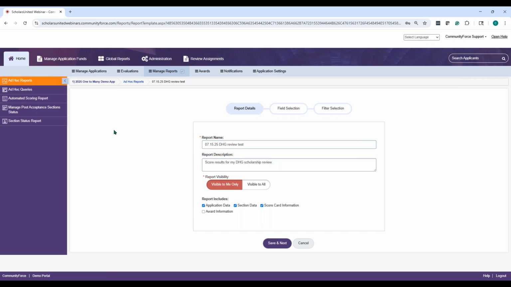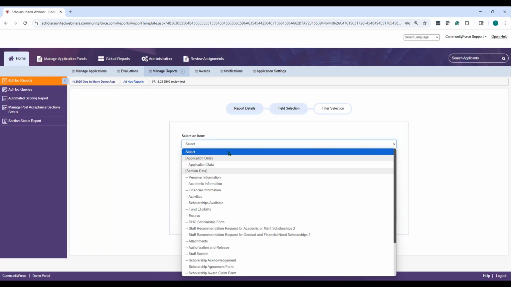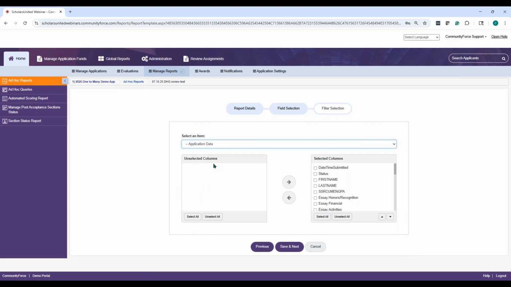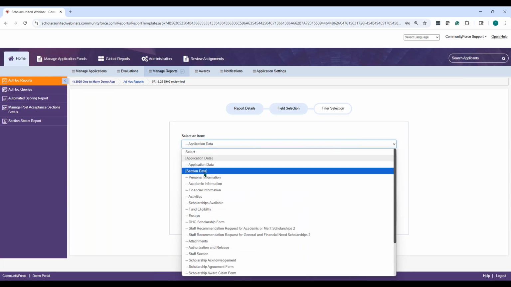So again, here you can see this is how I built my scorecard. I have application data, section data, and scorecard information. And if I click next, I'm going to go over here. And again, if I go to application data, you can see I only have the fields that I haven't selected. But if I go down, you're also going to see not only do I have a section data,